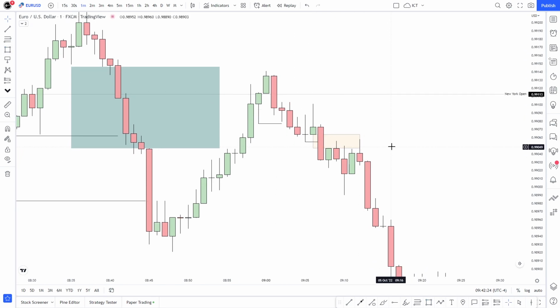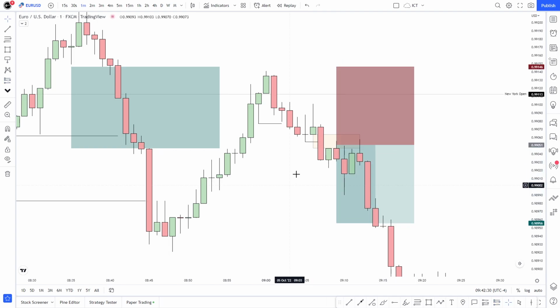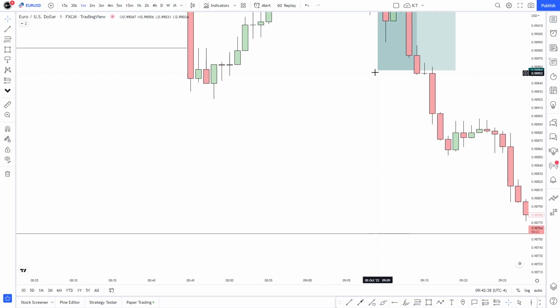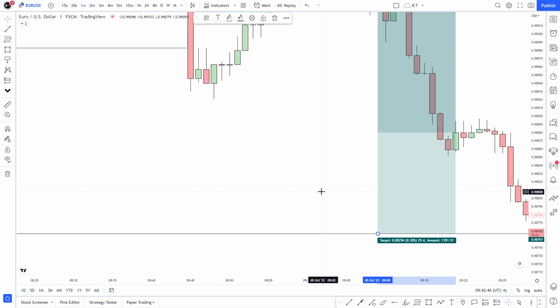And this is the fair value gap where I executed my entry, and the one that ends up working out. My entry was at 51, got a little bit of a better entry. Stop loss, as you were able to see, I put it up here. Theoretically, it should have been 141 plus 4, which is 145. Target in this would have been